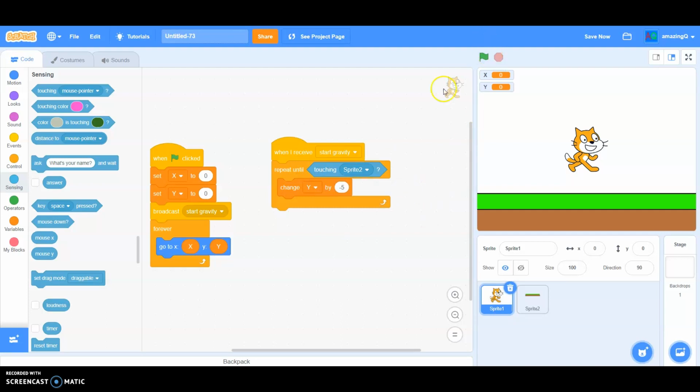Now if we press the green flag, you see it works. So now our cat has gravity, and if we say here, if we make it y 96 and x 1,